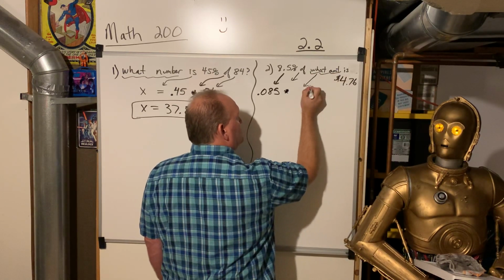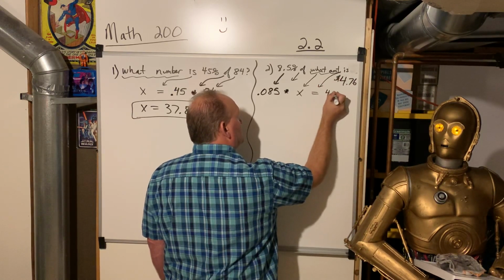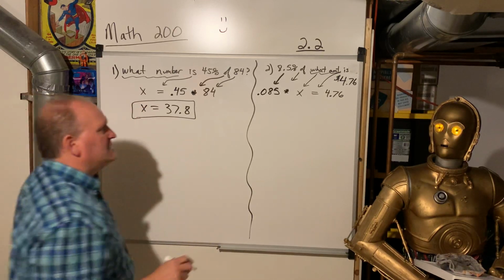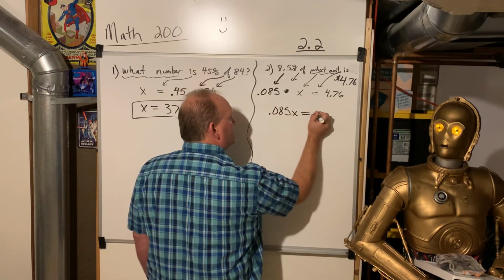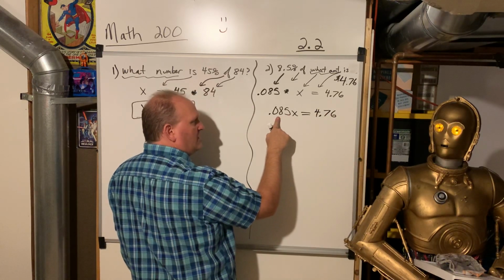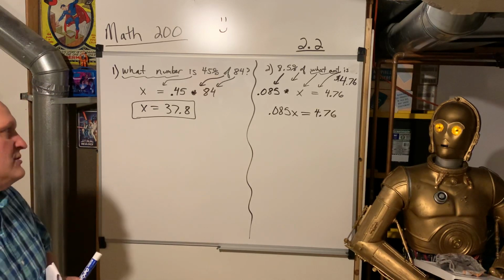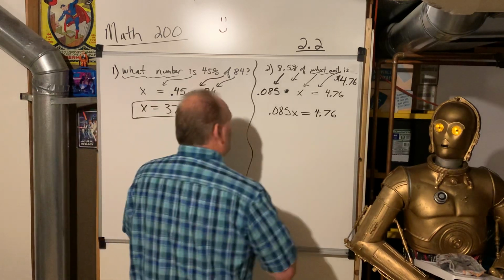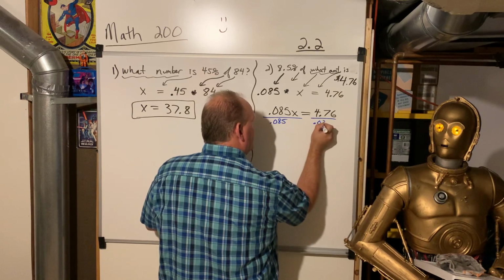What amount is X? Is means equals 4.76. We'll just drop the dollar sign and leave it a decimal. And right now it looks a little weird. Let's rewrite it a little so it looks a little more like algebra. So remember in algebra, when there's nothing in between the coefficient, the number in front, and the variable, that just means multiply. So if we had 0.085 times x is equal to 4.76, we would solve that by dividing by 0.085, divide 0.085,